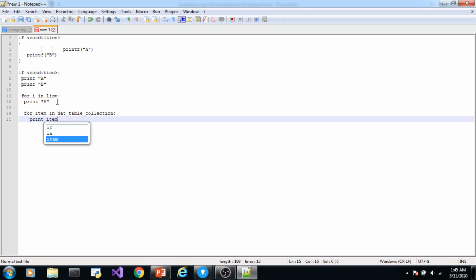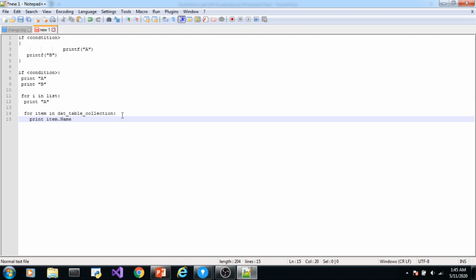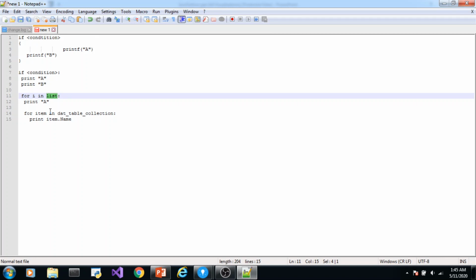Each item points to one element in this data table collection, which is a data table. Data table collection is a collection of data tables. So you will be accessing some properties of each data table, like name. Just an example, we will see that later. So the basic structure of a for loop is for element in a collection, and then the following statements should be indented.